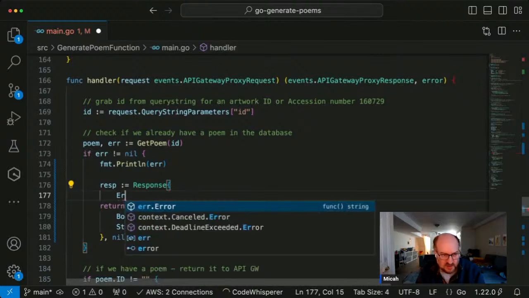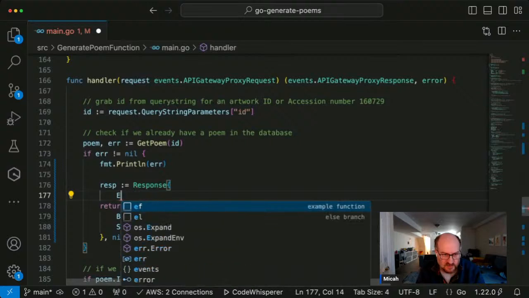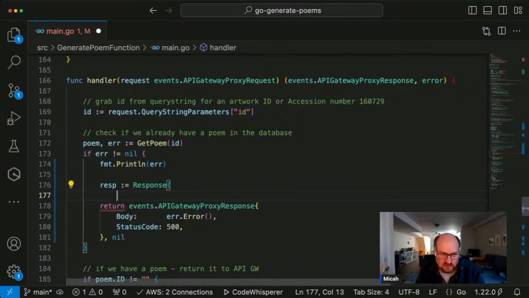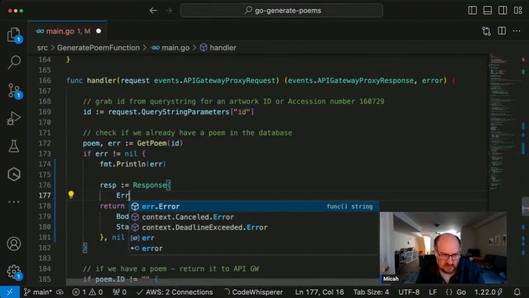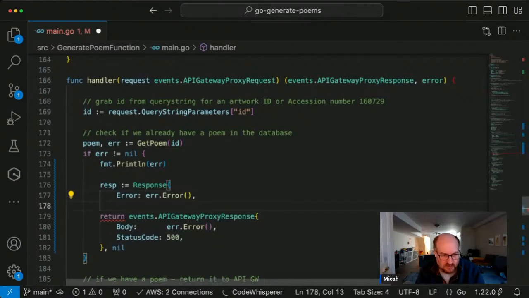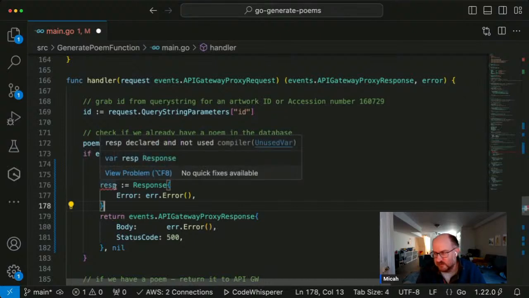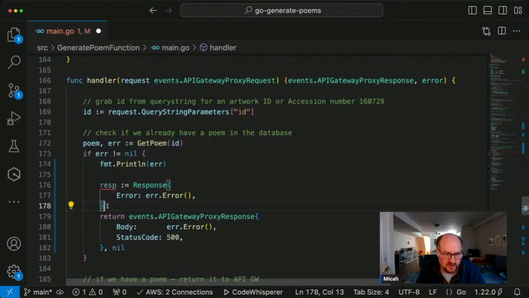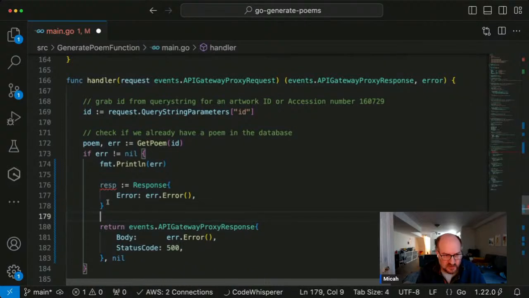We want to say error, oops, error colon error dot error, right? Okay. And then what we need to do is marshal